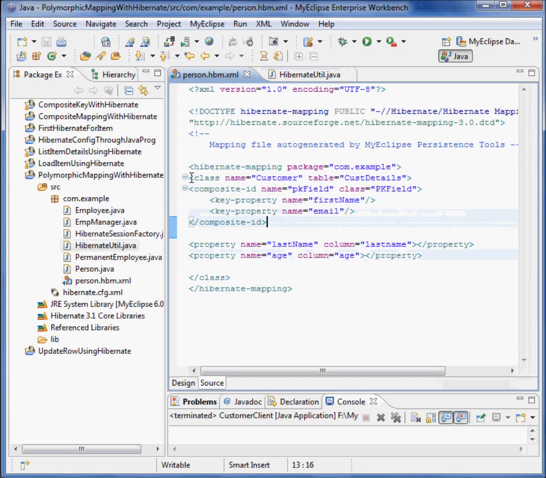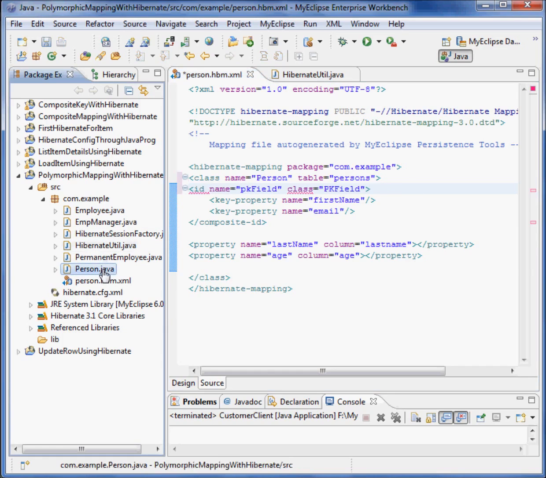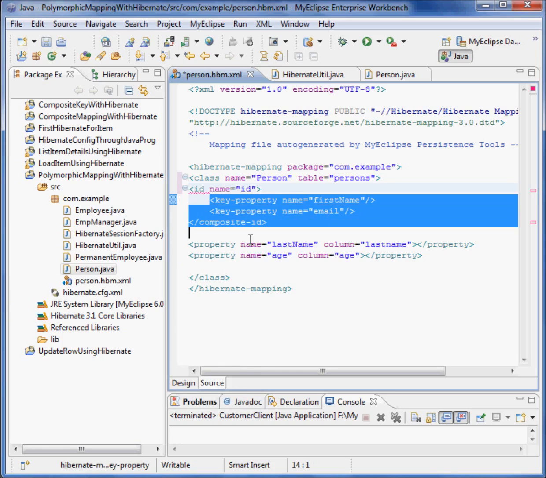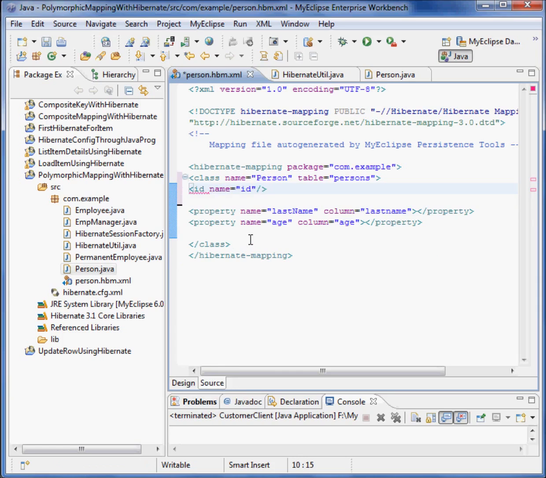We'll come back to here, and here we will write class name. What is that? Person. I have a person class, right? What will the table be? It will have the same name, persons. Now next is ID. What is the name of ID? Just check it out. I have ID itself, so I'll write here name ID. Just will close it, and then we'll remove this whole stuff. So we're having ID now, and then first name, last name, age you have to